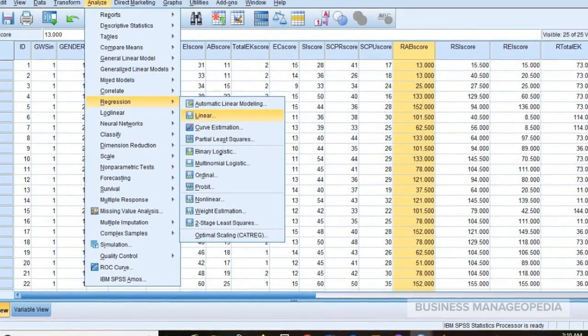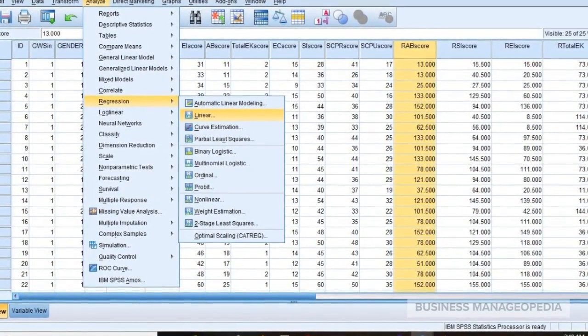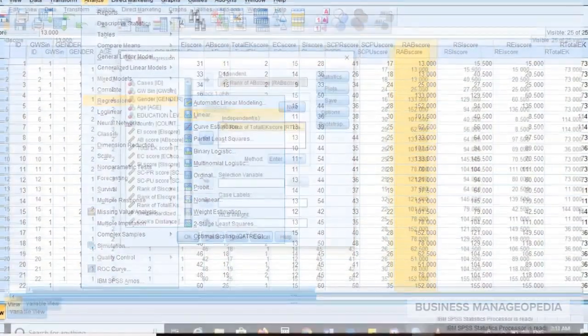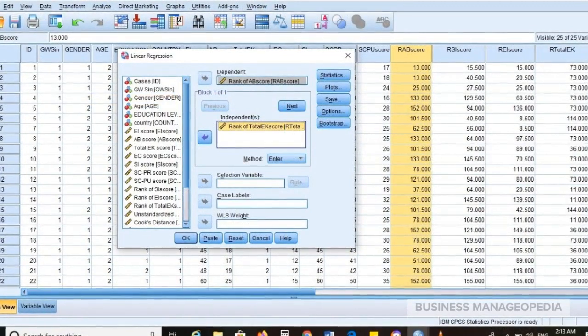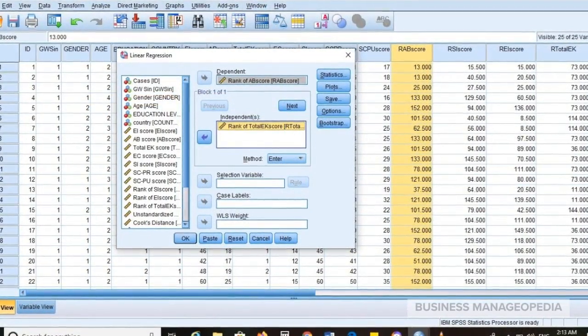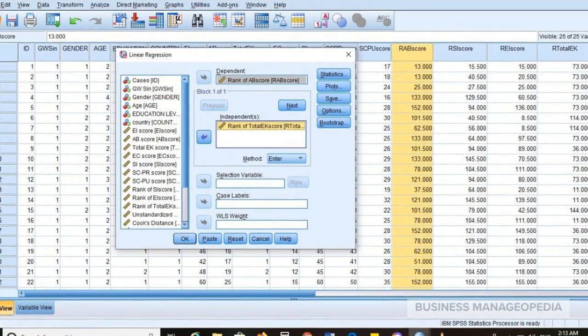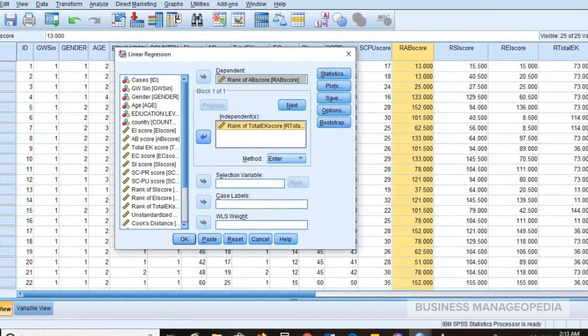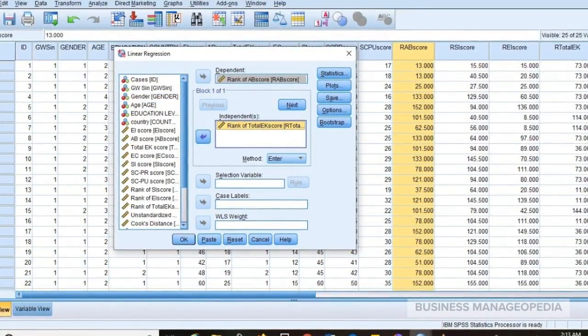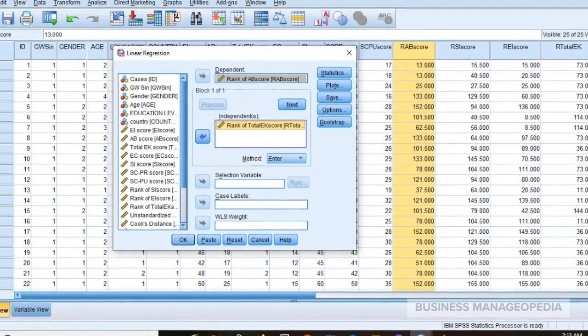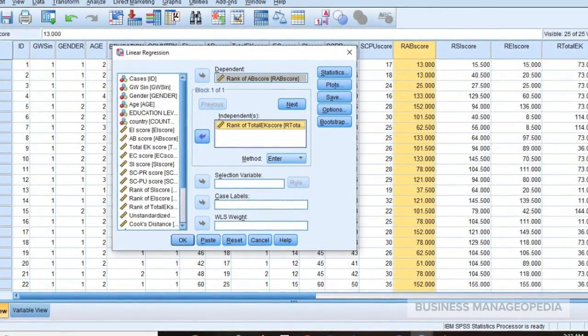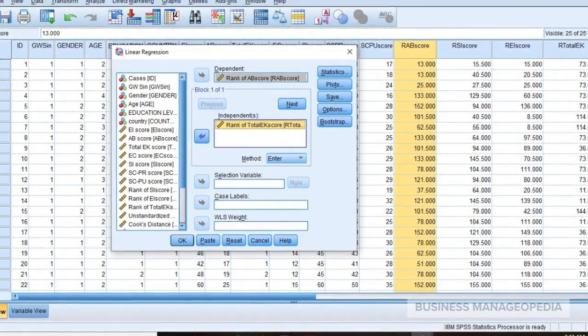In Analyze, we will select Regression and then select Linear. When we select Linear, a linear regression box will open where there are two columns, dependent and independent. In dependent, we will put the rank of our dependent variable, and in the independent, we will put the rank of our covariate.